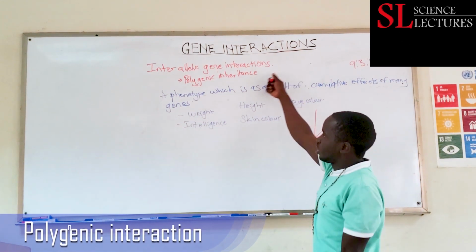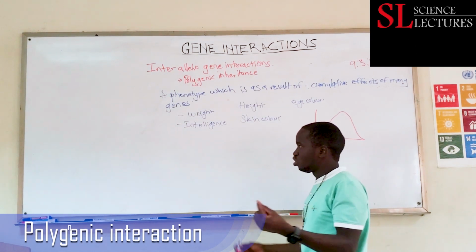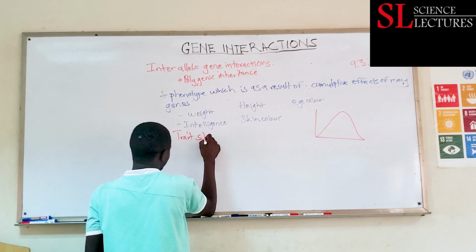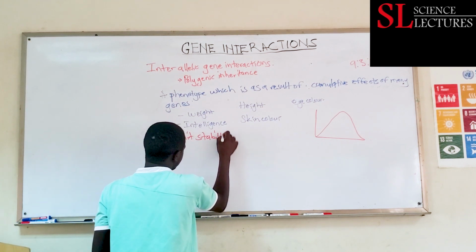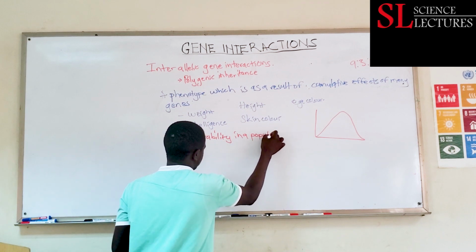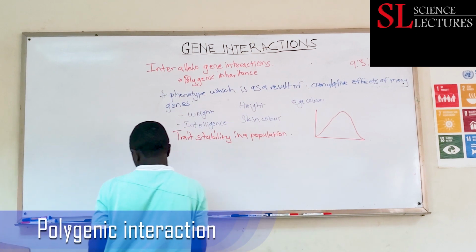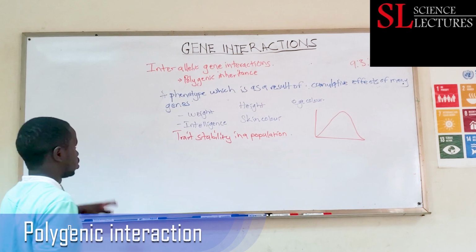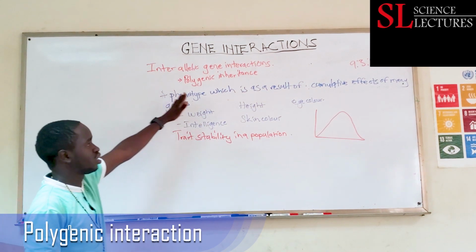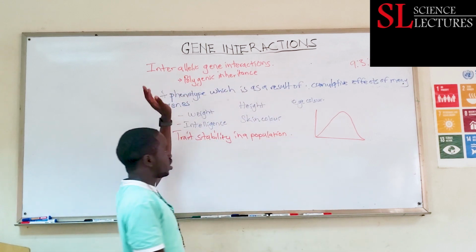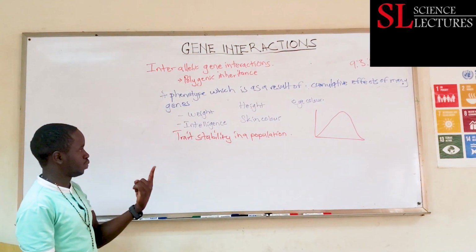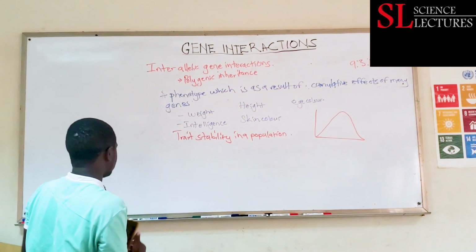And the role of polygenic inheritance, it maintains what they call trait stability in a population. That is polygenic inheritance, where a phenotype is a result of cumulative effects of very many genes. In summary, very many genes code for one phenotype. Next is